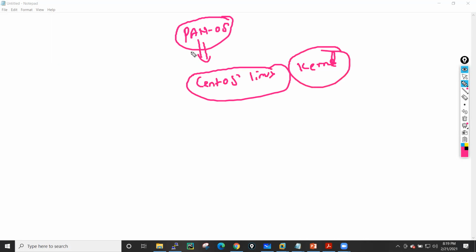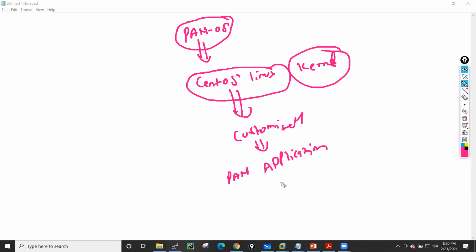Now, what has Palo Alto done? Palo Alto just took CentOS, customized it, and on top of this, after customization, implemented the PAN application.